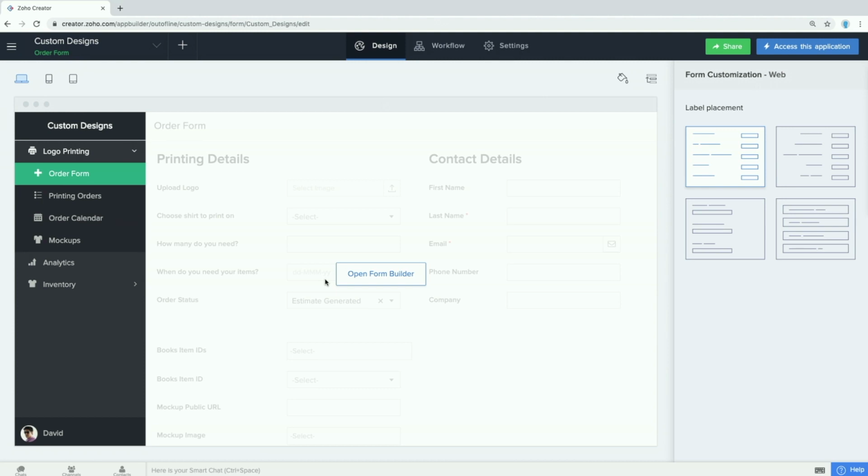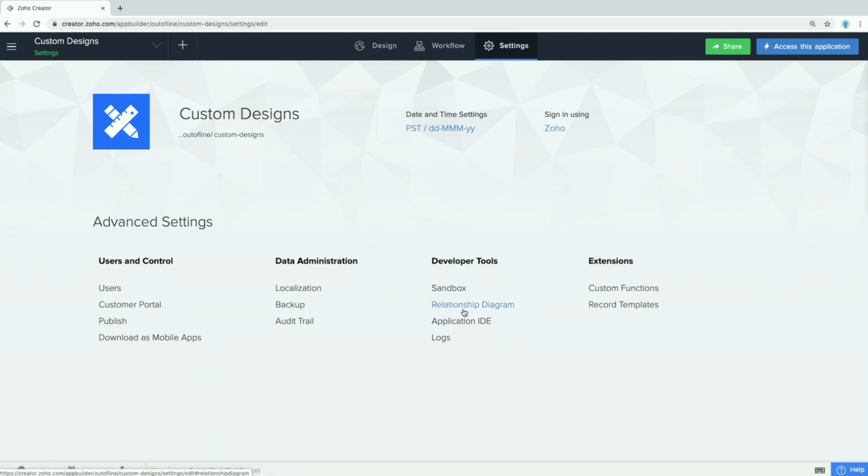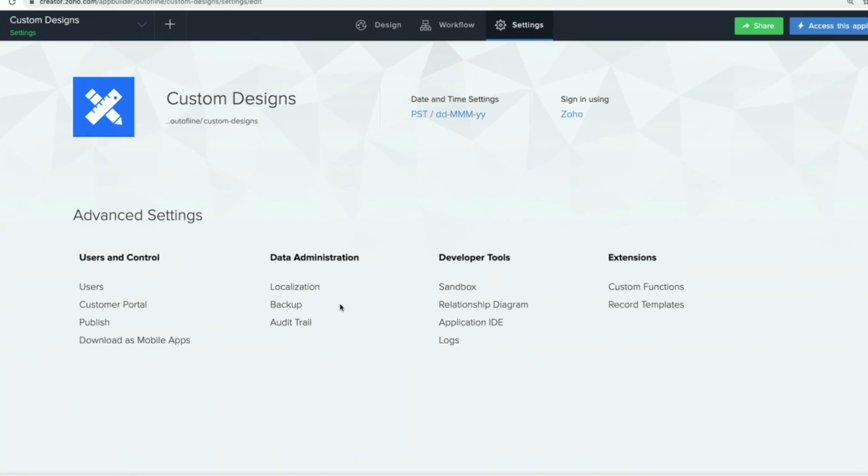Demo account here. And this app that we're looking at allows users to design and order custom t-shirts from their website. So we are in the editor view, the design view, and we're going to go right up here to these settings. And this settings menu is pretty much where we're going to live through this entire presentation. All of our topics are right in here. So localization is up first.